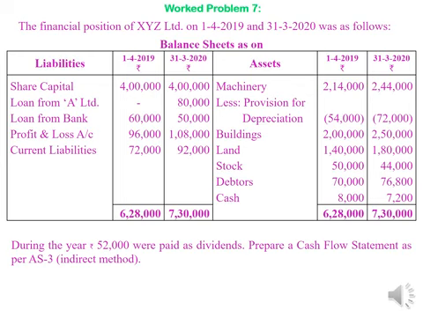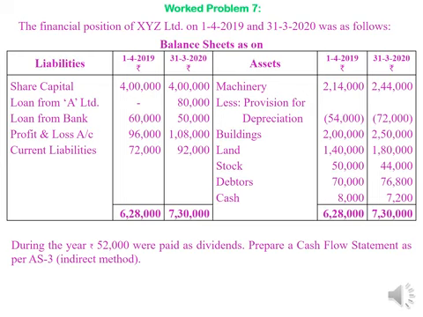Share capital 4 lakhs and 4 lakhs. There is no flow of funds or cash here, so both balances remain the same. Loan from A Limited is given as nil and 80,000. That means during the year rupees 80,000 worth of loan has been taken from A Limited, that is, an outside company. Then loan from bank is showing decreasing trend, that is 60,000 and 50,000. 10,000 has been assumed as paid during the year through cash.